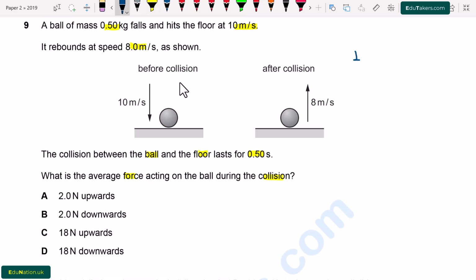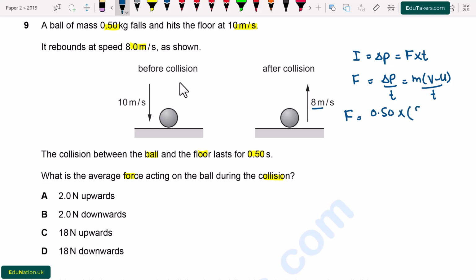I use the concept that impulse is equal to change of momentum and it is also equal to the product of force and time. From here, force will be equal to change of momentum over time, and it is m(v minus u) over t, because momentum is the product of mass and speed. So the change in momentum will be the product of mass and change in speed. Now I am going to put values here. Mass is given 0.50 multiplied by velocity.